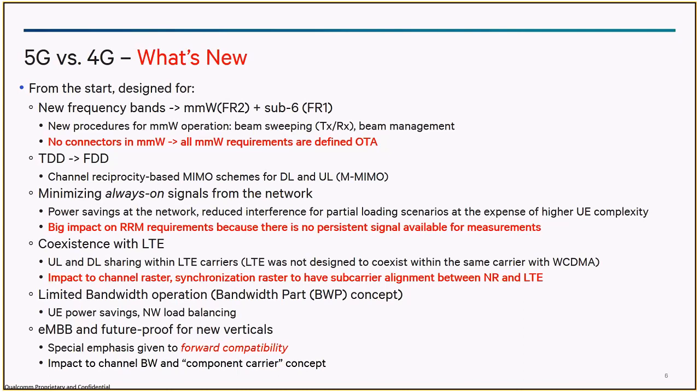But from a power perspective, assume you are on a VoLTE call, you are getting hardly 10 to 15 kilobits per second. Why monitor that big chunk of 400 megahertz, the entire bandwidth? All you need to do is just decode this, right? So that could save power rather than processing. UE side, exactly.